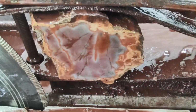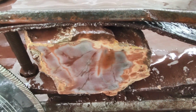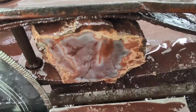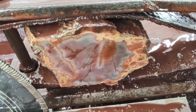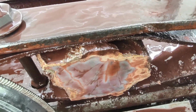Well, that's very nice. Yes, it is. Yeah, I definitely think that I'm cutting it on the right side. I don't think I want to cut it this way. I mean, it might be pretty, but the slabs that are coming off look really, really nice. So I'm probably going to have to reposition the stone, but I think I'm going to take another slab or